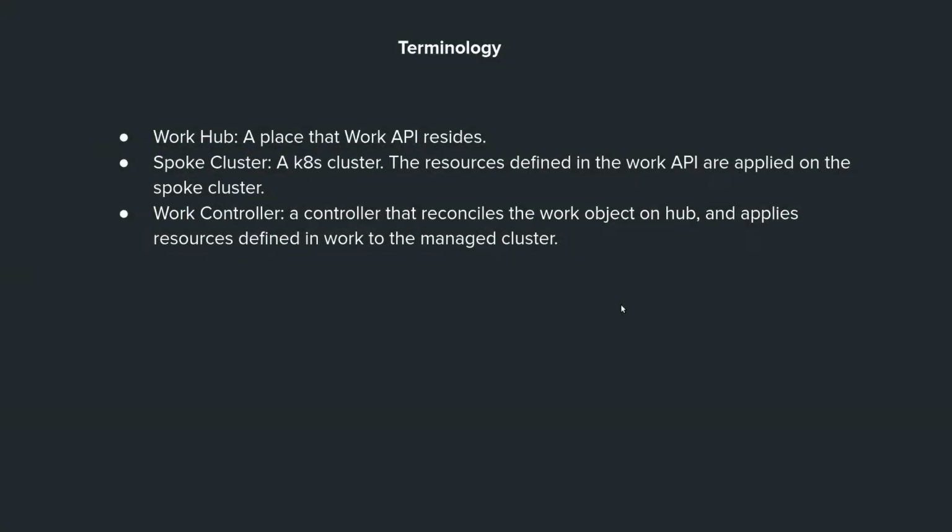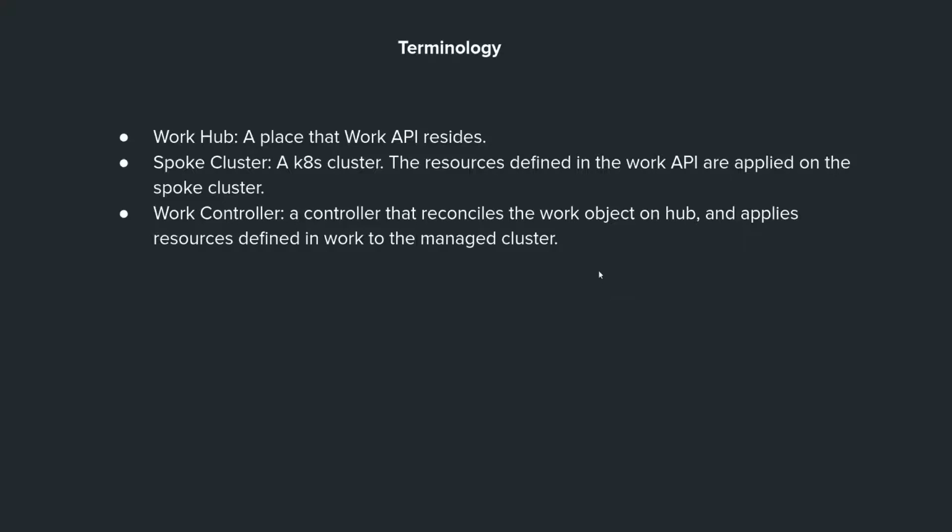Some terminology that I'll keep reusing over the course of this presentation. The work hub is a place where the Work API resides. It doesn't have to be a Kubernetes cluster. It can be a RPC server or cloud API, depending on the implementation. But for the rest of the presentation and the demo, it's assumed that the work hub is a kube cluster. The spoke cluster, or sometimes called managed cluster, is the target kube cluster where the workload will be delivered to. And finally, the work controller is a controller responsible for reconciling the work object on the work hub and applying those resources defined in the work to the spoke